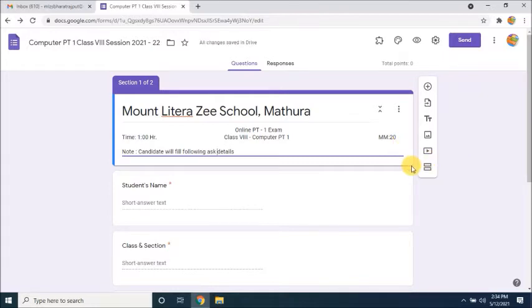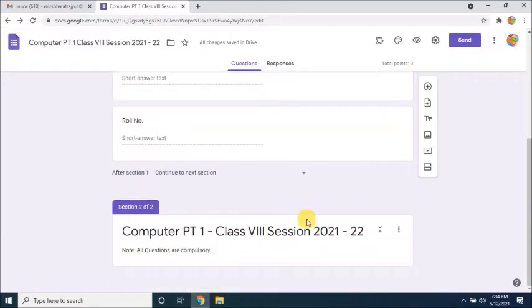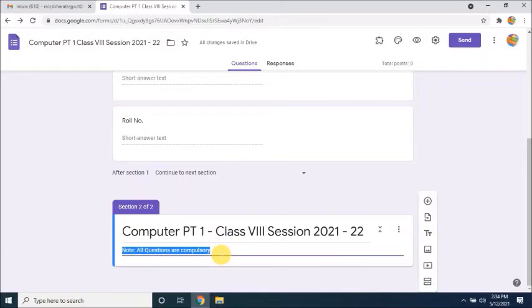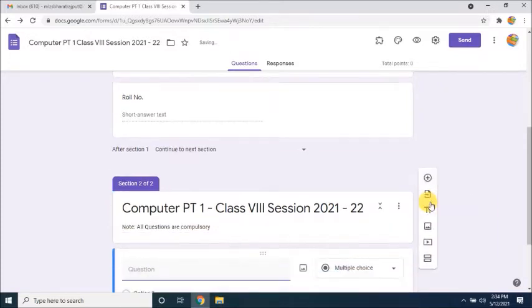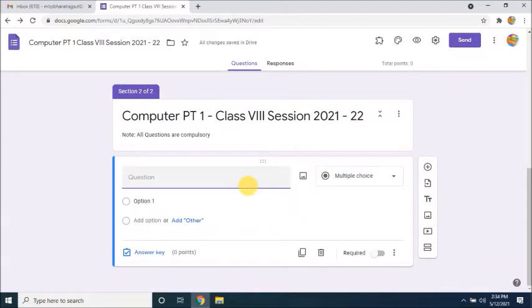Following ask details. Okay, so now we have to make the note here. All questions are compulsory. Now after that, we will just make the questions here. Add question with the plus sign. You can put your first question like question number 1. If your numbering is there or jumbling is there, the number will be switched up and down. To better this, we just remove this and write the questions.